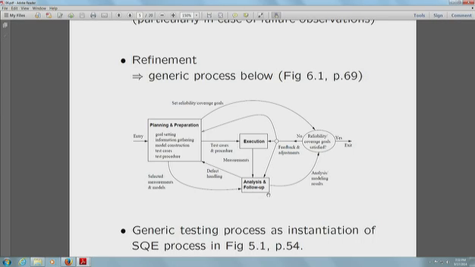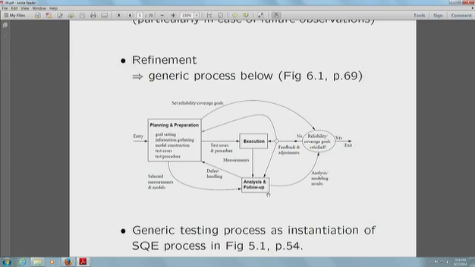So you can think of this as a kind of specialization or customization of the SQE process applied to the testing process. And in doing this, you have to answer all kinds of questions about what are the things you are testing, how do you test it, and what's the goal, and to reach that goal, then you will decide